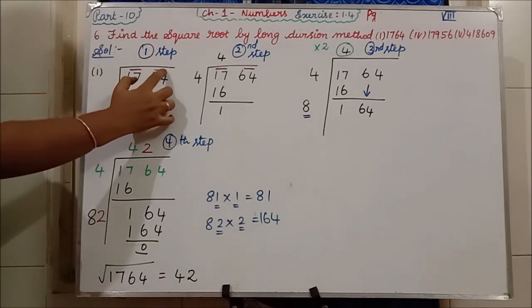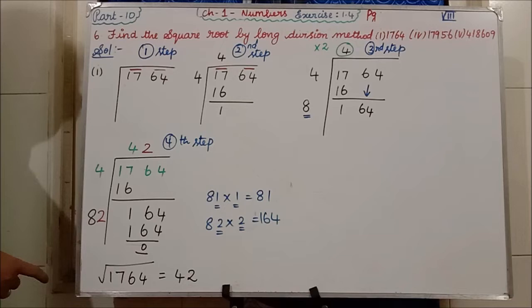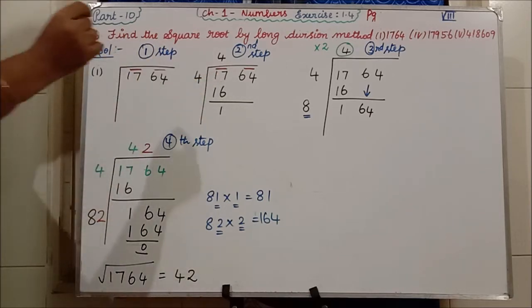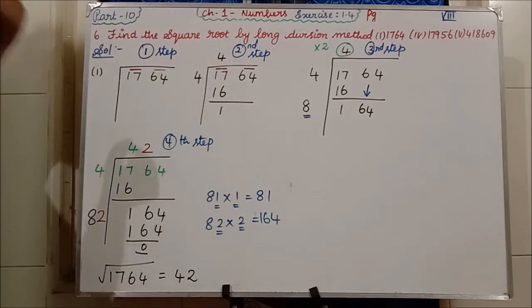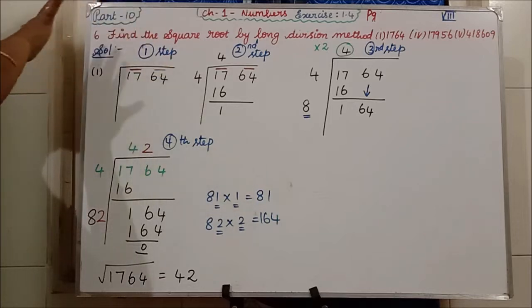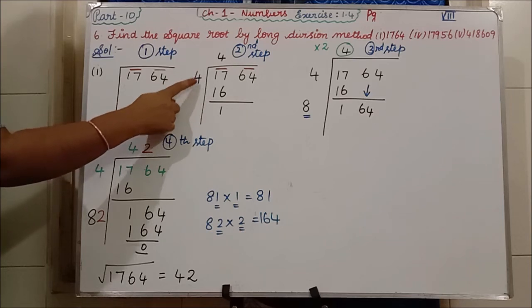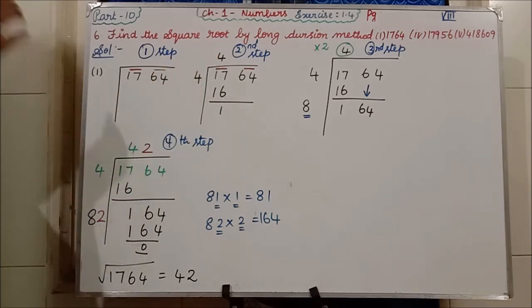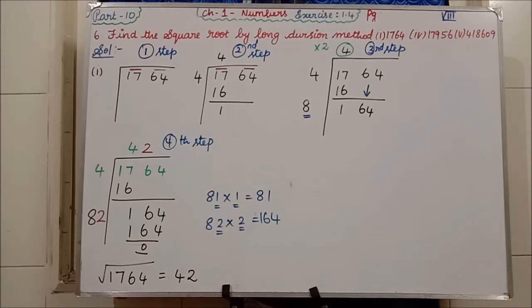After making the pairs of two numbers, you have to see the first pair. Now, what number you are writing, the same number you have to write in the quotient also. This is not like a normal division, so listen carefully. What number you write, the same number in the quotient also you have to write. So, now say, 1 one is what? 1. 2 twos are what? 4. 3 threes are 9. 4 fours are what?